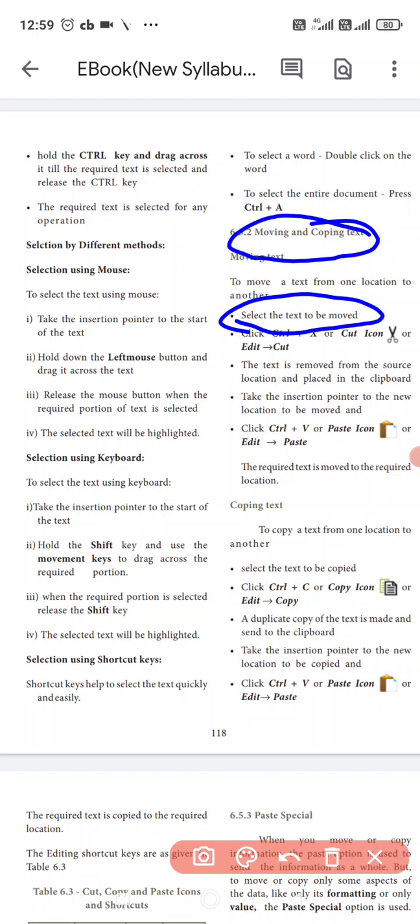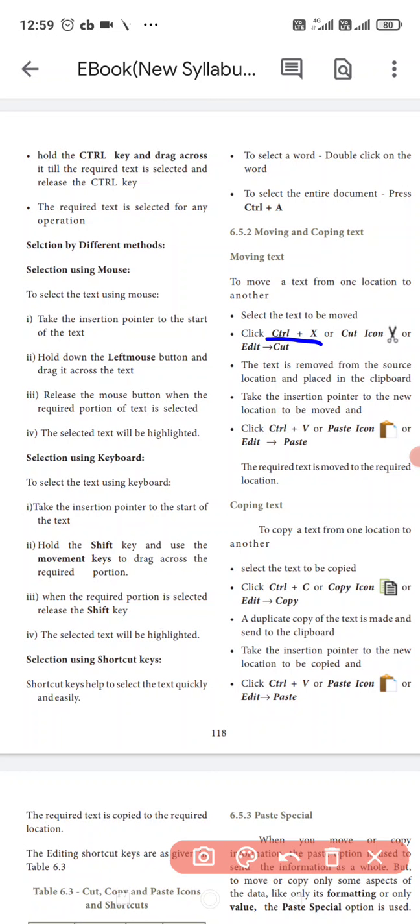Next, press Control X, or Edit then Cut, or use the cut icon.